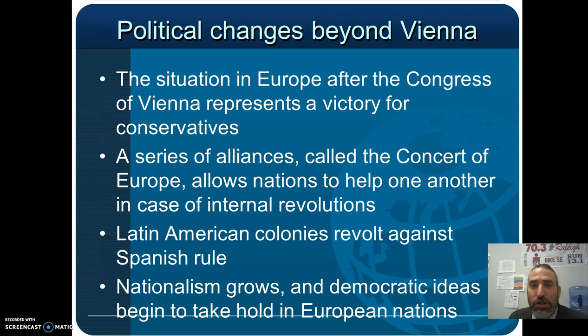And this idea of nationalism will grow even in Europe, and we see people with similar backgrounds want to unite under the same flag. So we'll see countries like Italy and Germany eventually unite into larger countries, which eventually causes problems because they're late to the party of creating countries, and they're not going to be able to have empires like Britain and France, and that causes some hard feelings.